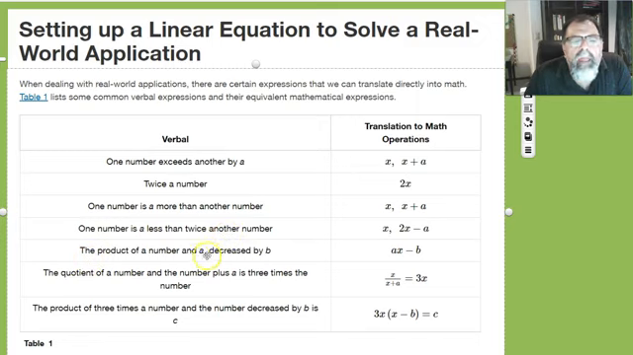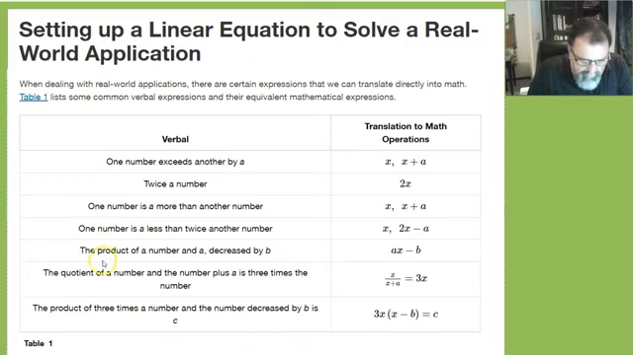The product of a number and a decreased by b. Oh, let me read that again. The product of a number and a. So whenever you see this structure, I always tell my students this: when you have the product and then the word and, that's where the symbol for the product goes. And then we have the quotient, and that's where divided by goes. So the product of a number, so that could be x and a, so a times x, decreased by,